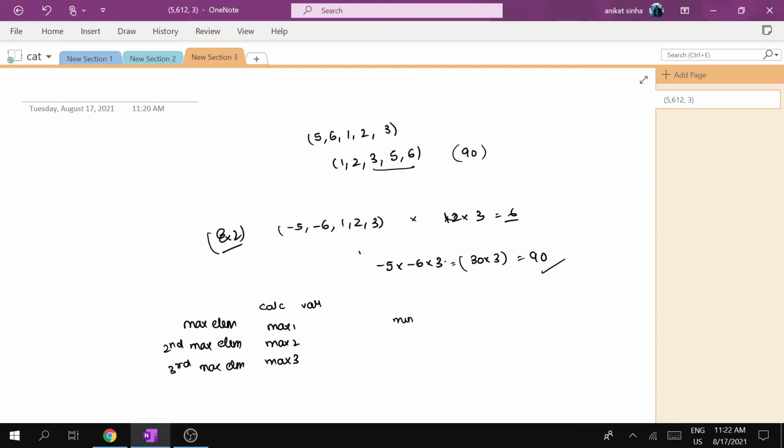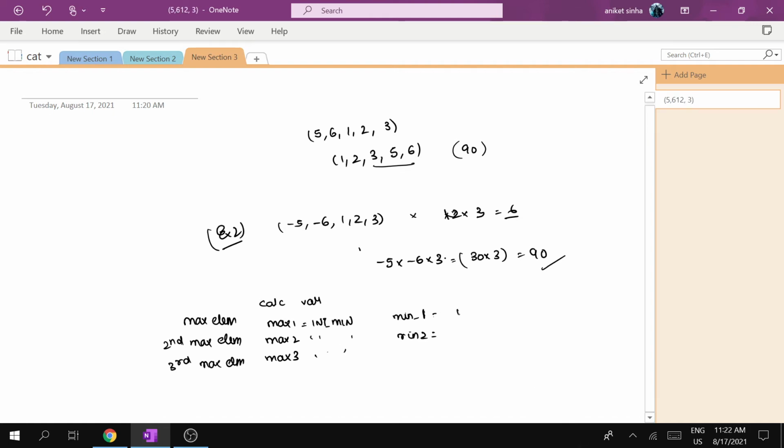Similarly, we have to calculate the minimum number, that is the lowest number we can actually get, and we assign it to min1, and likewise the next one we assign to min2. So what will be the initial value for these numbers? It will be INT_MIN for max1, max2, max3,